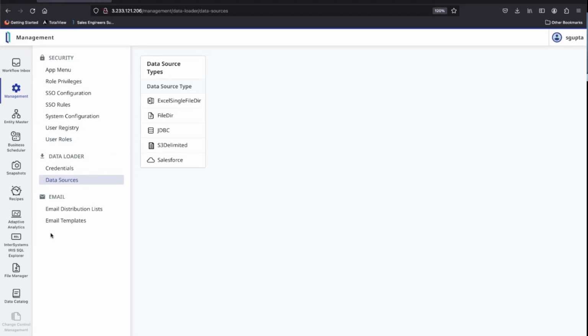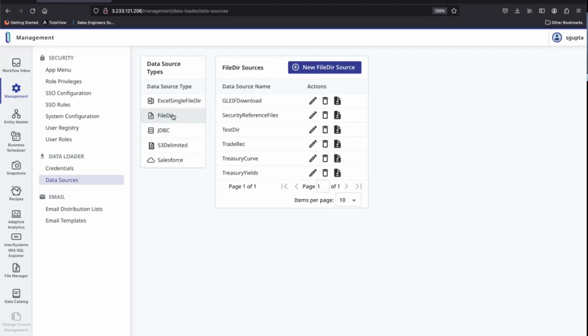Once you've defined a particular service, for the sake of convenience you might want to simply import data from files. You can pick it up from Excel files or just plain CSVs, etc. I'm going to particularly use the example of the security reference files over here.